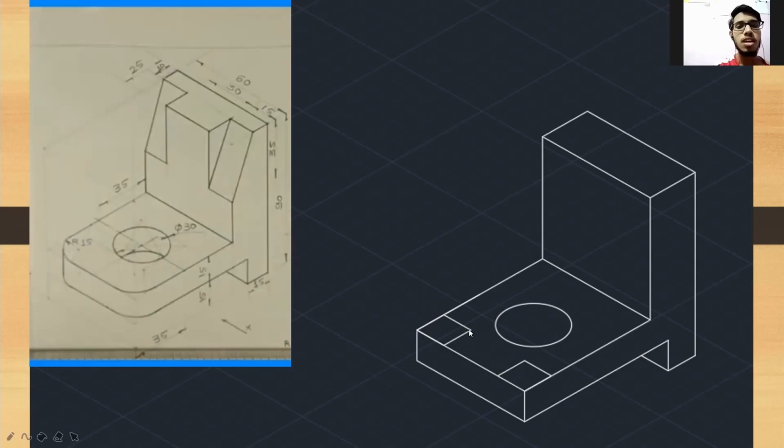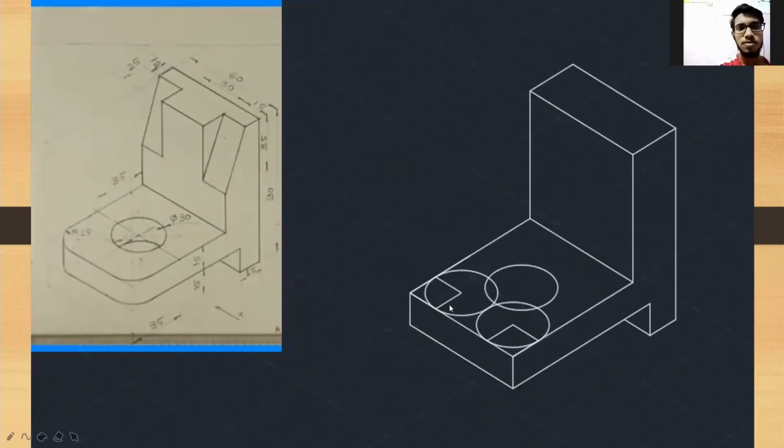Then considering the intersection as the center of the circle, we'll draw a circle of radius 15 mm. After drawing these circles, we will get the curved edges at the corners, and then we will remove the unnecessary part of these two circles by using the trim command.